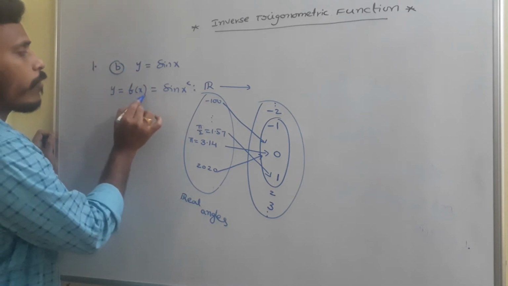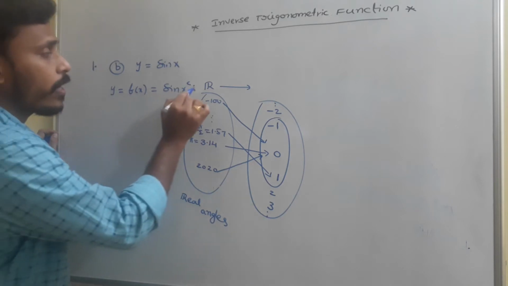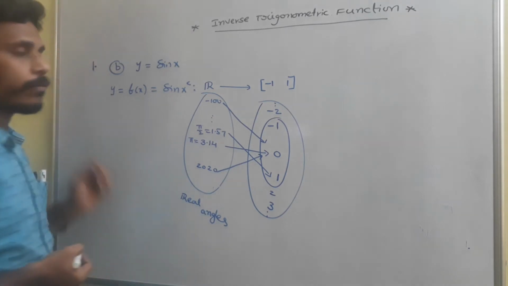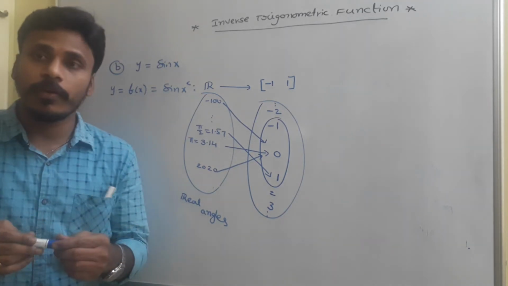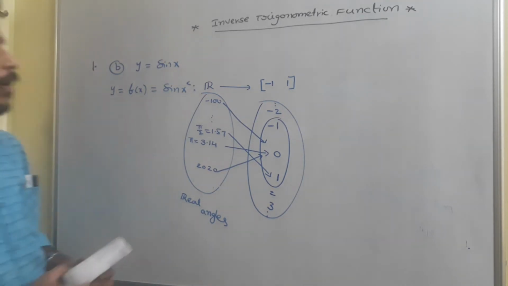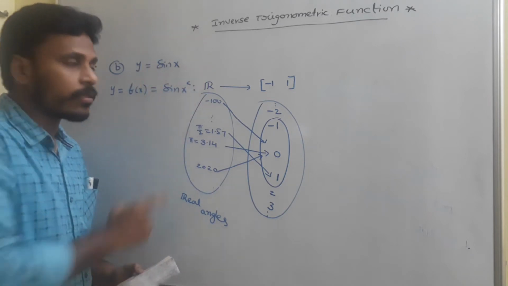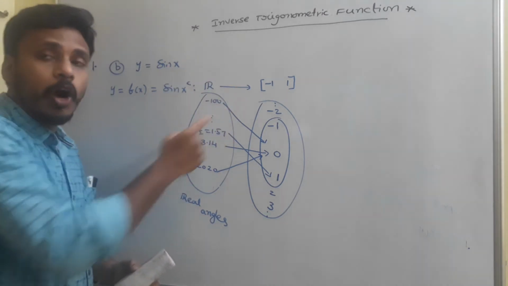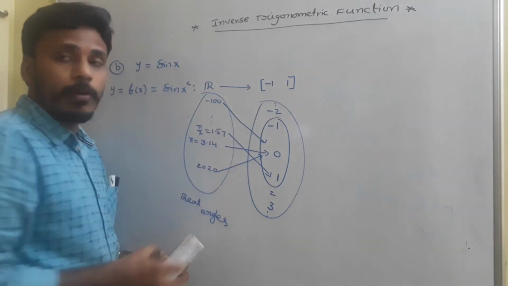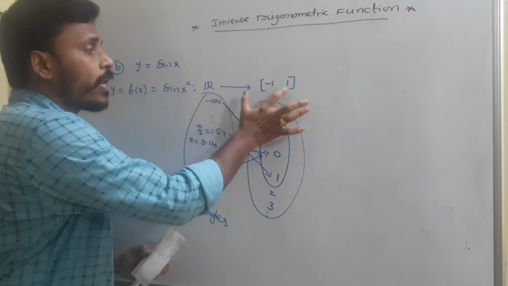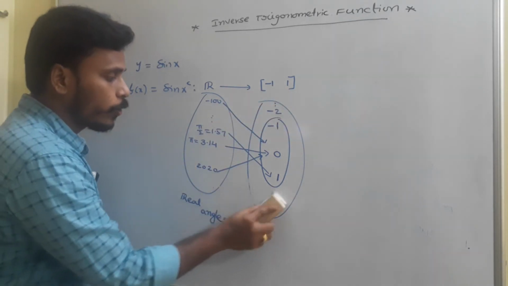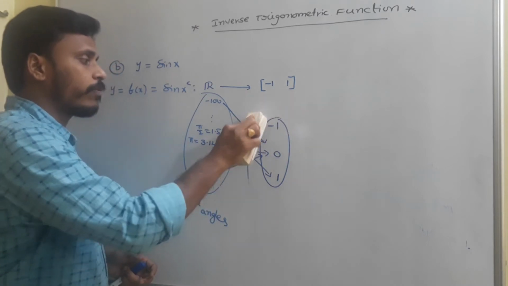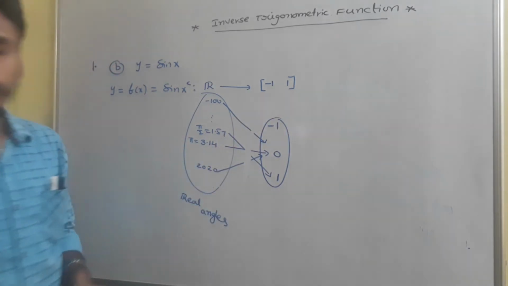See, y equals f of x equals sin x. Now it is a function from real numbers to the interval minus 1 to 1. Since it is a function from real numbers to the interval minus 1 to 1, the domain is all real numbers, the inputs for x are all possible real numbers, whereas the outputs, the codomain, is just from minus 1 to 1. Since the codomain is from minus 1 to 1, you need to take the second set as just the interval minus 1 to 1.